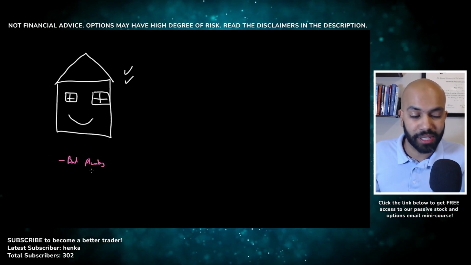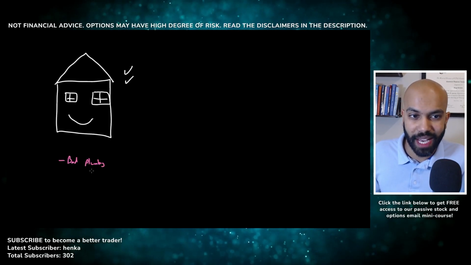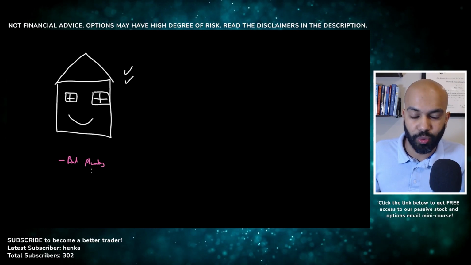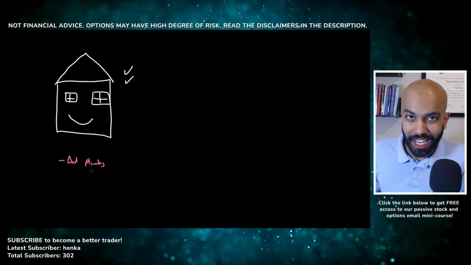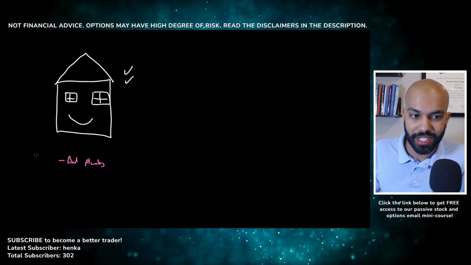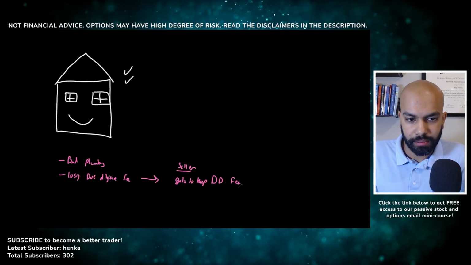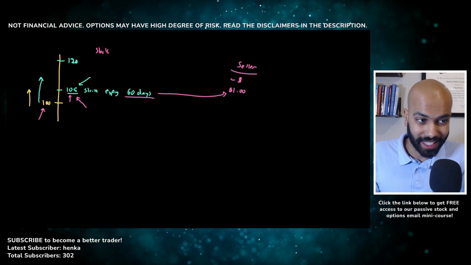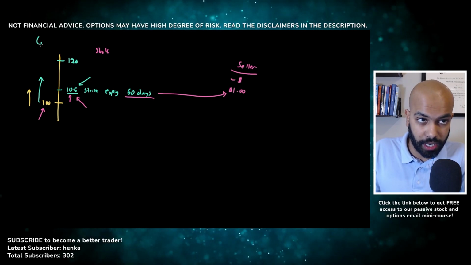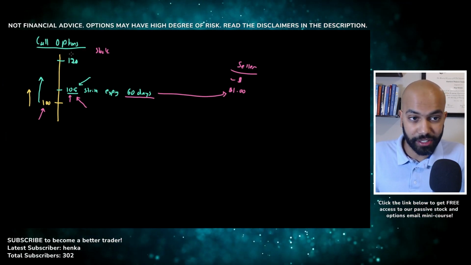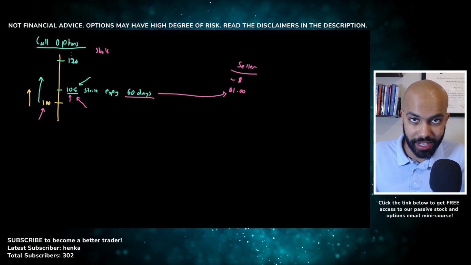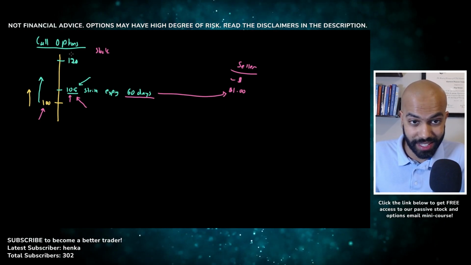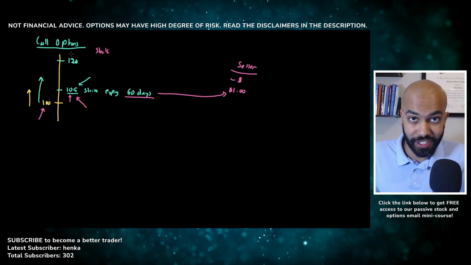Let's say there's bad plumbing or electrical issues or something bad is going on and you don't actually want to buy the house. You're not actually obligated to. All you do is you just end up losing the due diligence fee. Basically, the seller of the house gets to keep the due diligence fee. Now, that's the exact same thing that's happening here with these call options. Basically, if everything looks good with the house, you can move forward with it and you have the right to buy it in 60 days or even earlier if that's what you want to do.